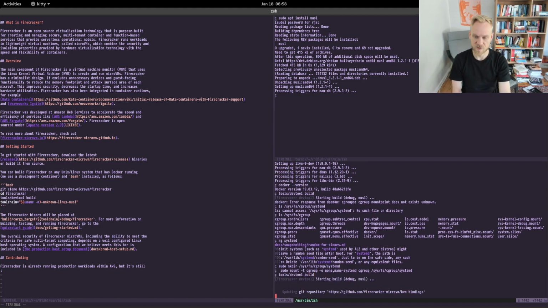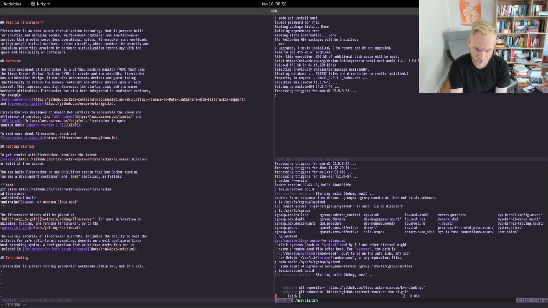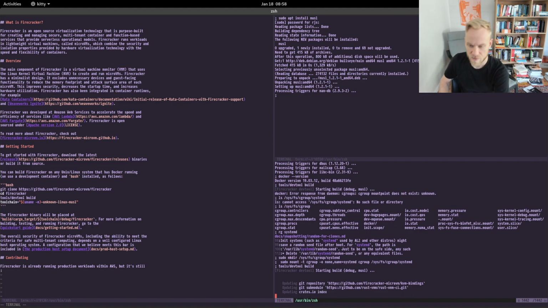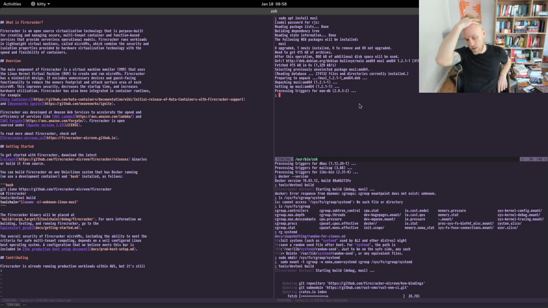Yeah, that seems to have done it. And it also looks like that's output from cargo build, so cargo build or cargo check or something. It's fetching dependencies. That's kind of cool.